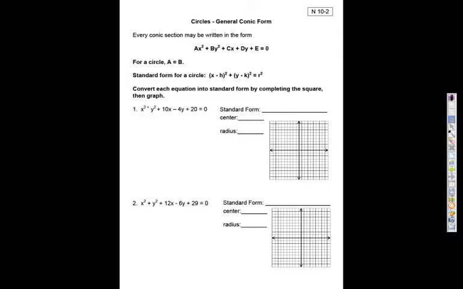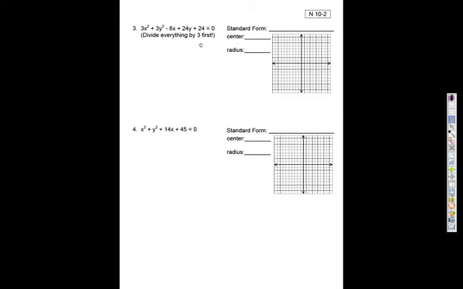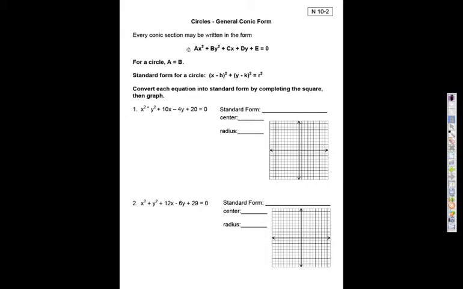Every conic section can be written in this standard form: ax squared plus by squared plus cx plus dy plus e equals 0. Now, let me go back. I didn't mean to just do that. For a circle,